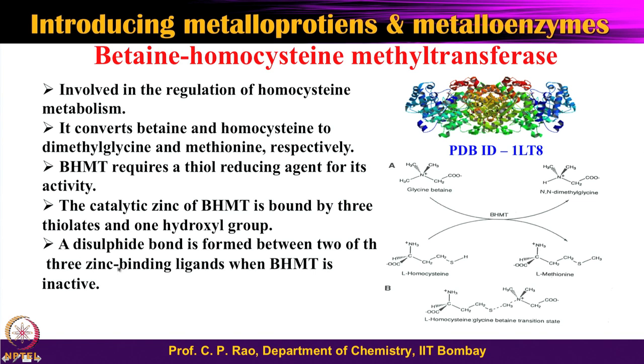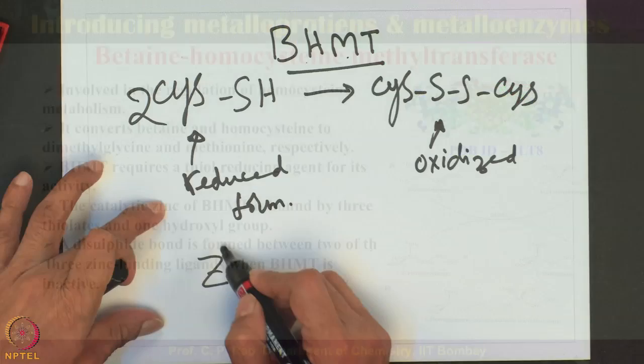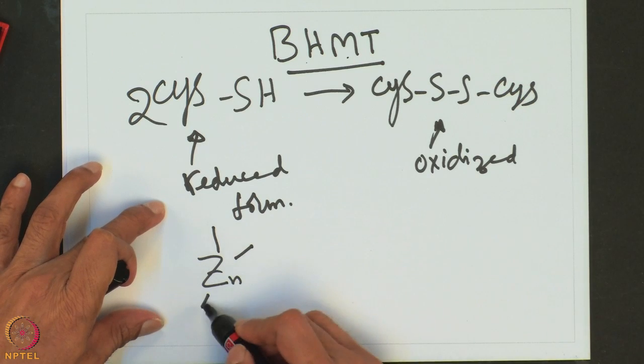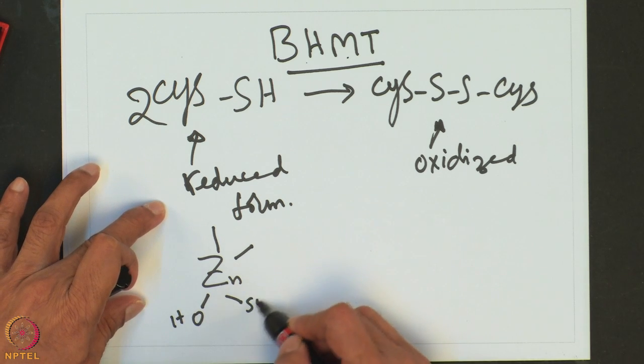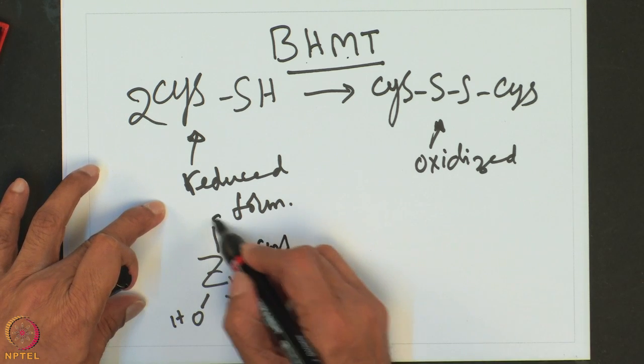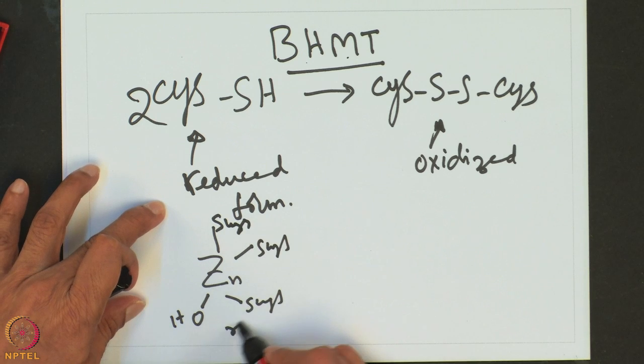So, a disulfide bond is formed between two of the three zinc sulfur-binding ligands. As we have seen, there are three cysteines, and two of them will form a disulfide in the oxidized form, and in the reduced form they convert to the coordination. So, zinc having one, two, three cysteine and hydroxide, S-cysteine, S-cysteine, S-cysteine in the reduced enzyme,